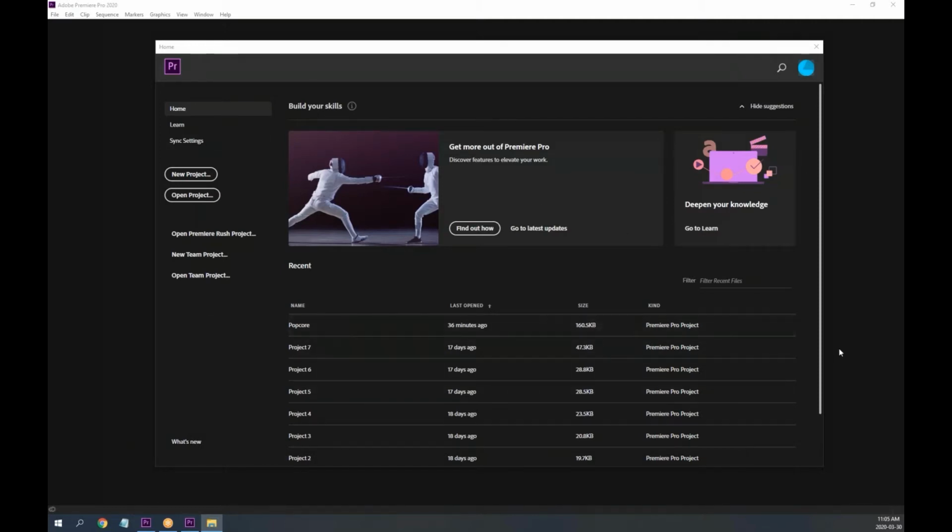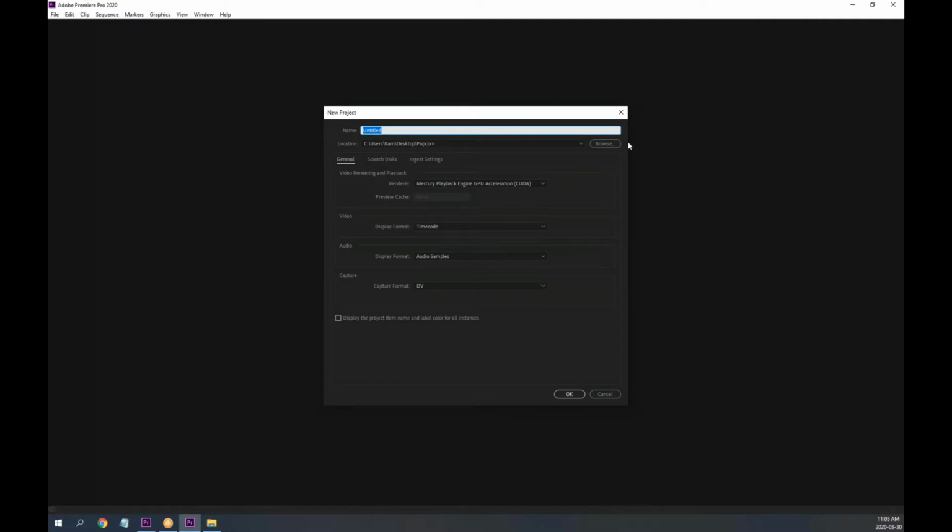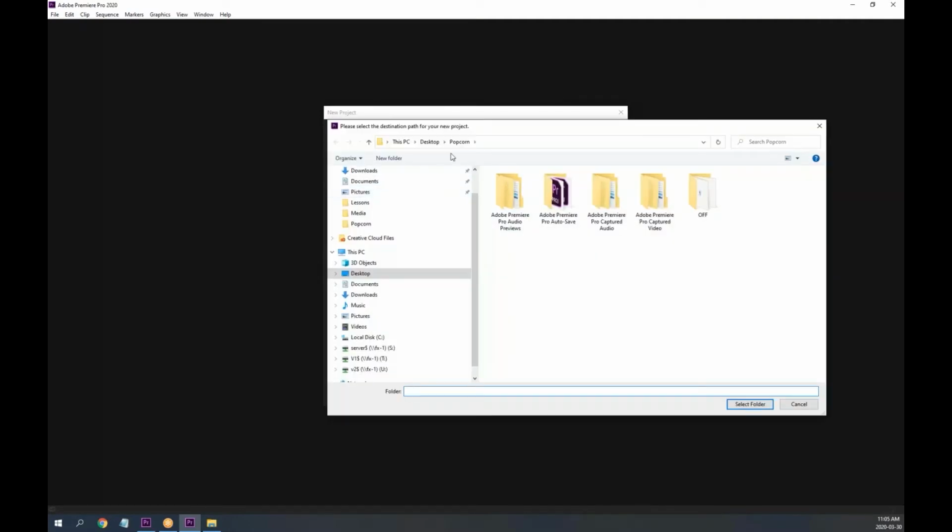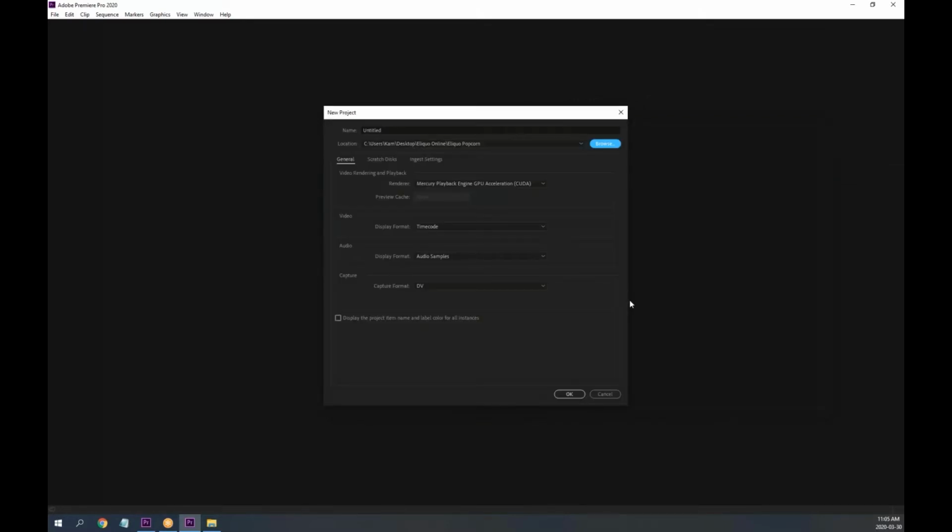Here's my Premiere CC 2020. I'm going to start a new project and select a folder on my desktop, Alico Popcorn, as my reference, and all my files will be saved in there. I'm just going to call this project Alico Popcorn. Make sure you select your renderer to